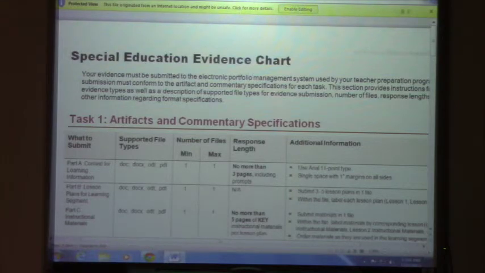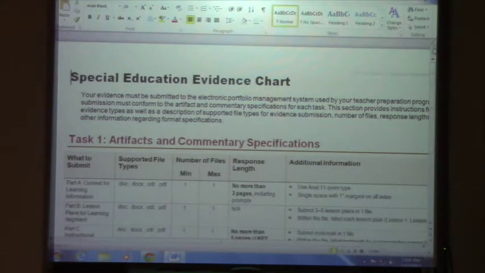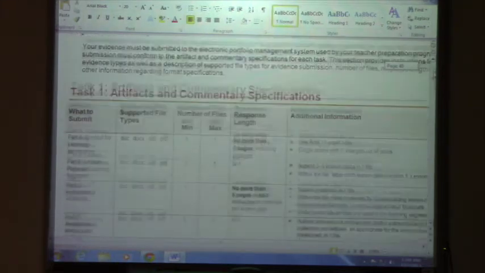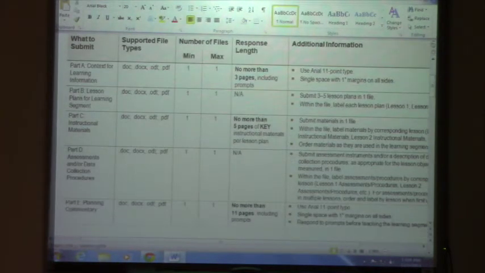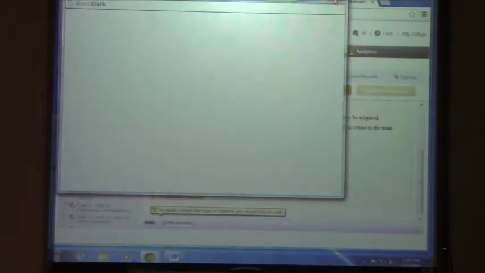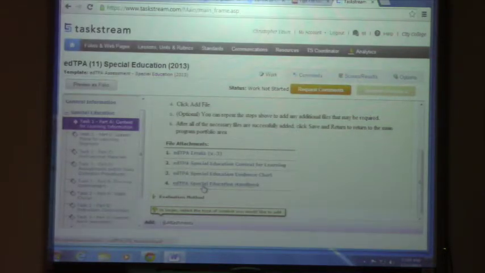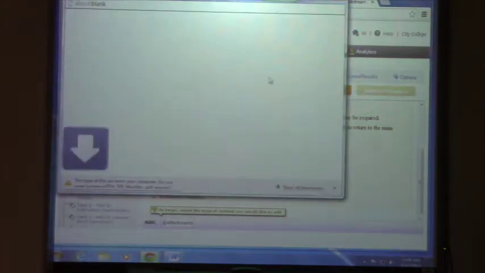So it's the evidence chart, and you don't have to fill anything out here. It's just showing you what I showed you already. And last but certainly not least, in every single task and part is a link to